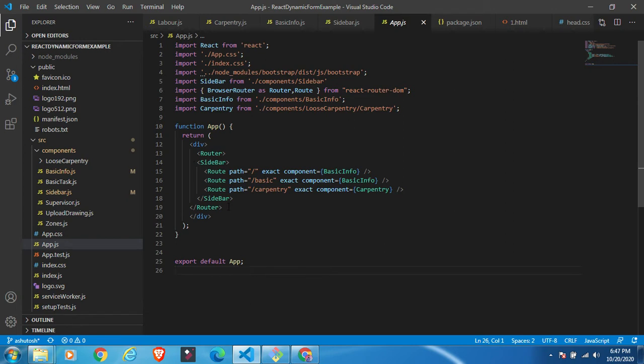As you know, to use routing in React, you have to include a router. You can see that from React router, you have to include it. So it has been included, right? And then in this section you can use the link, and through the link you need to define the route. Meaning if someone navigates to this particular route, basic or carpentry like that, then what should happen? You are saying that it should open this component. The component is basic info and carpentry. This is the name of the component we have imported here.